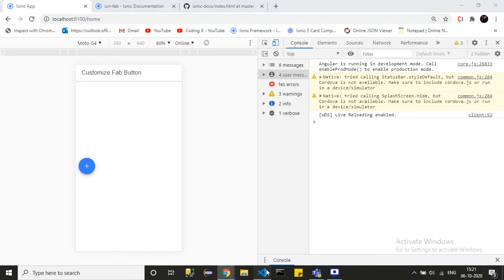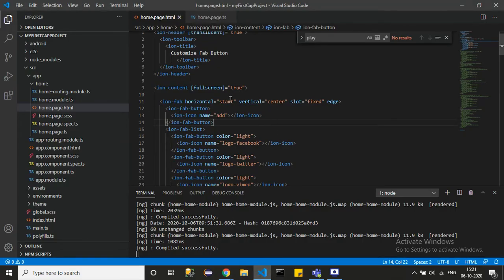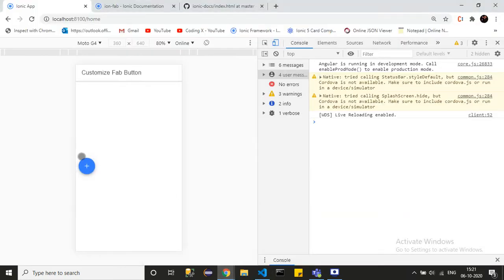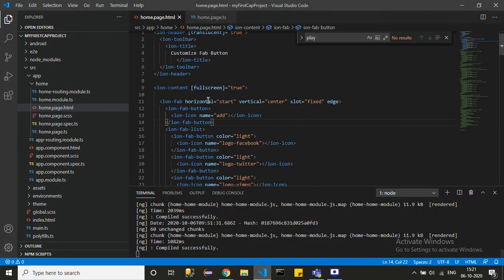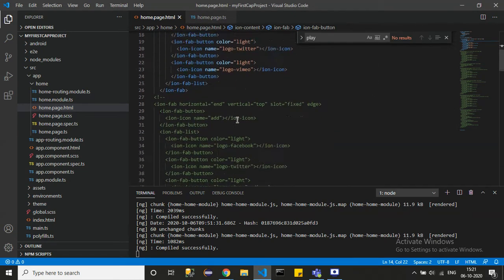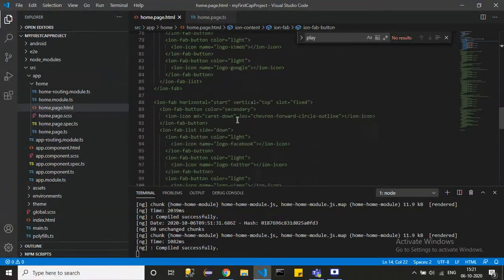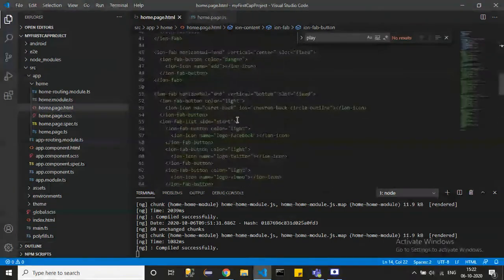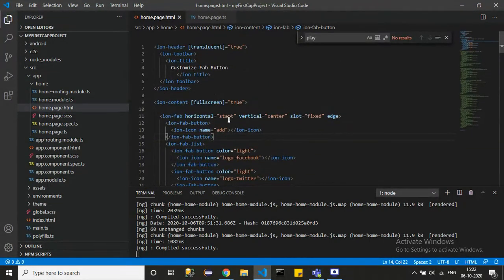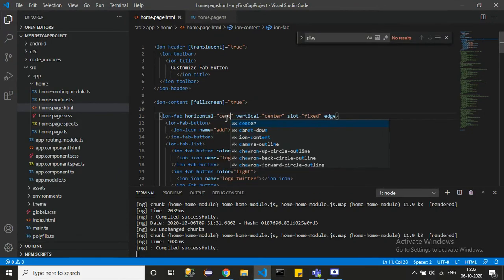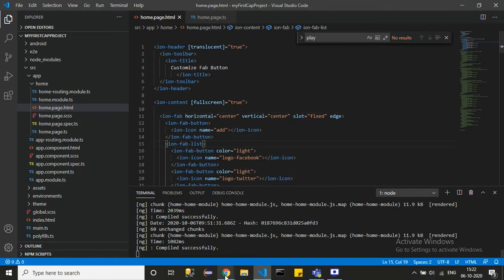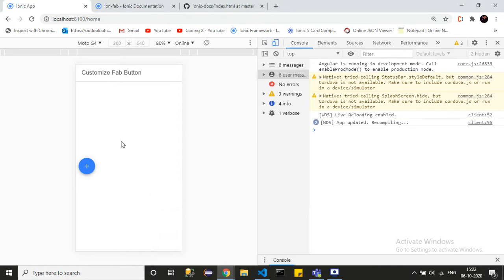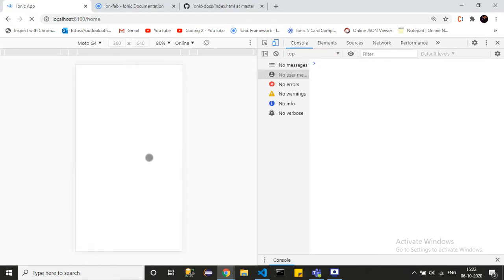It has come to the left side because we have put the condition here, horizontal start, right? So for that we have to put center here also. So now the button will be in the center of the page, the middle of the page.